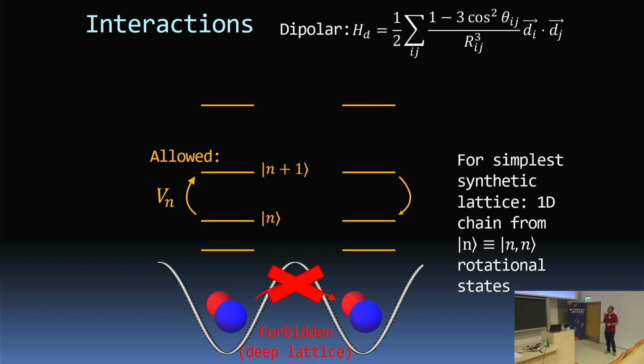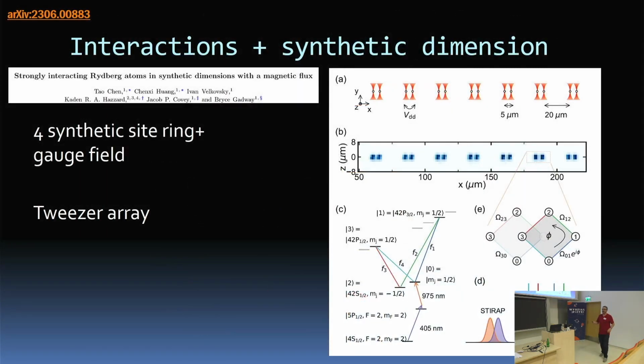That's our interaction. It's slightly more complicated in Rydbergs, so you can audibly boo Rydbergs in this audience. Some of you already have. So, that's one reason we don't like Rydbergs as much. Maybe the interaction structure is not quite as nice. But they have done the experiments already with the Rydberg atoms, and so this is Bryce Gadway and Jake Covey at the University of Illinois. They've made rings using this particular set of Rydberg states if you care. If you don't, you can just think about it as this diamond.